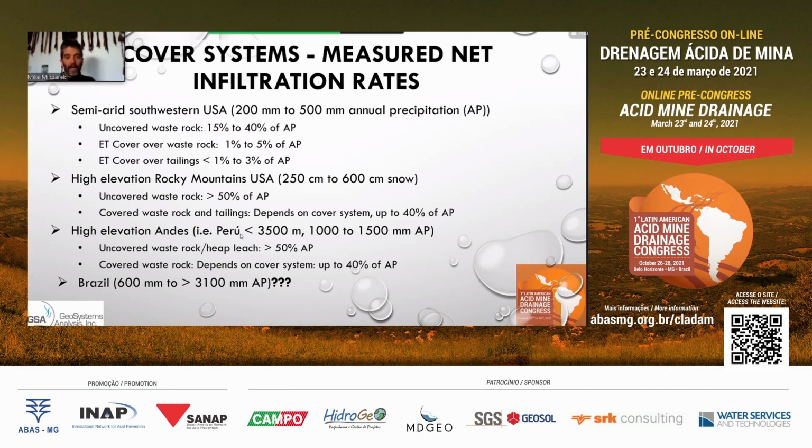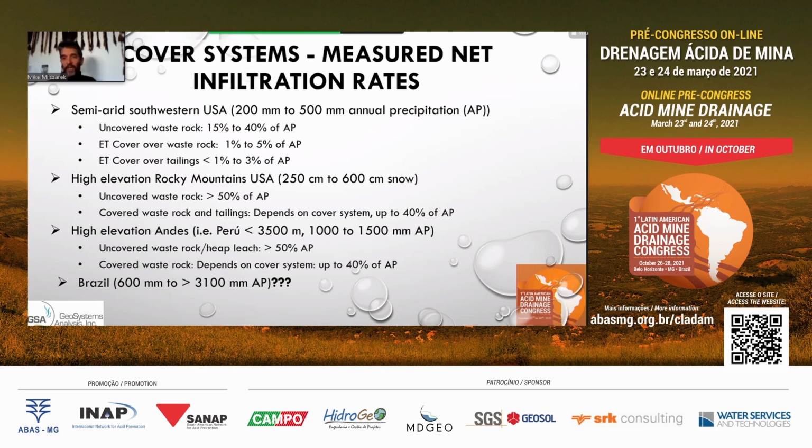High elevation Andes, typically greater than 3,500 millimeters. They get anywhere from 1,000 to 1,500 millimeters of average annual precipitation. Similar statistics, where as much as 50% or greater will go into net infiltration for uncovered waste. Covered waste rock depends on the cover system. It could be anywhere from less than 5% to up to 40% for a pretty simple design, like just a